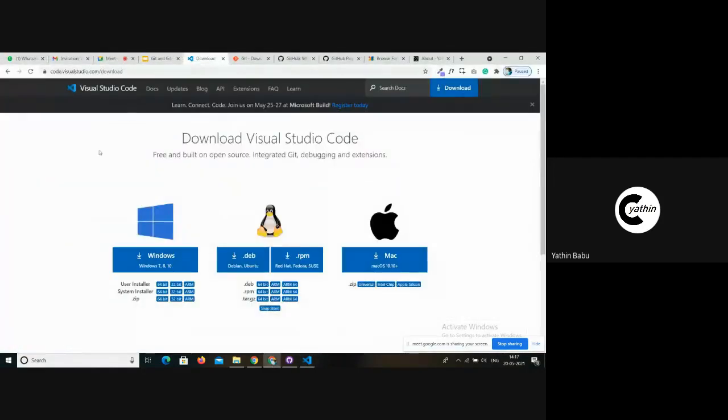Before getting into Git, first I would like to introduce you to Microsoft Visual Studio Code. It's a top IDE, meaning a text editor, that's used throughout the world by top companies.